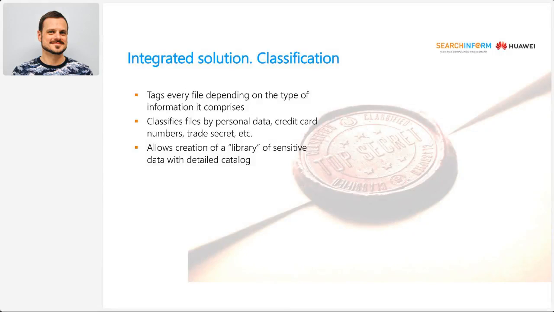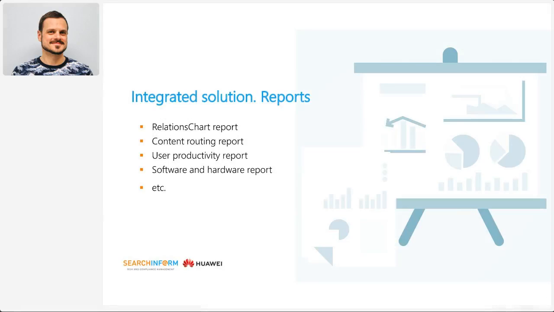File classification, as we mentioned before: we classify the files, we add colorful tags to them, which allow us to further work with them in a more convenient way. And thirdly, it is really important that the solution keeps the so-called library of those tags, which allows us to further use those tags for other purposes, such as use them with other information security systems like DLP, for example. It allows us to block those files from being printed or sent outside the company perimeter, and so on and